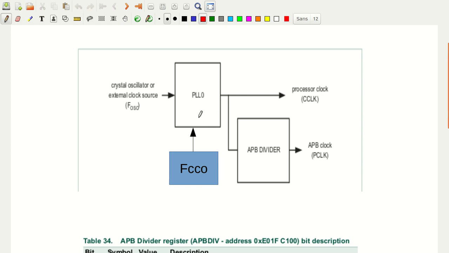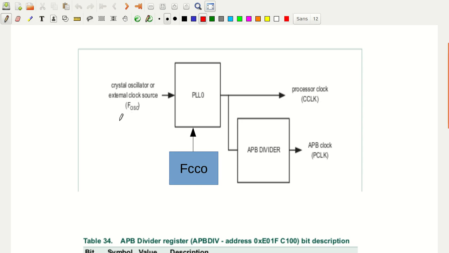So basically we require some registers. How we configure the registers, what multiplier value and what divider value we put into the specific bits of the registers, so that we get the desired clock frequency. That is what we shall look into. Okay, so first, of course, what has been written here. This is just a basic block diagram.